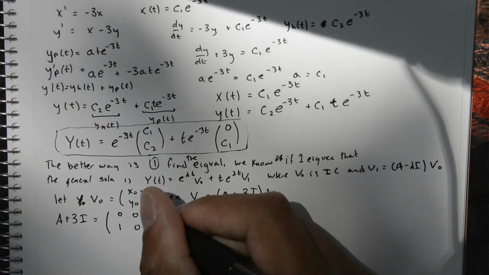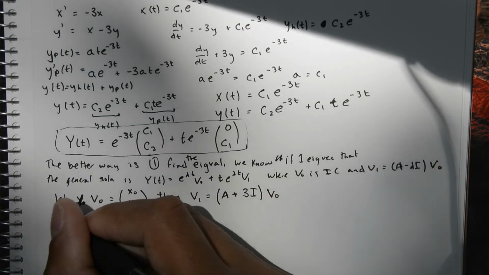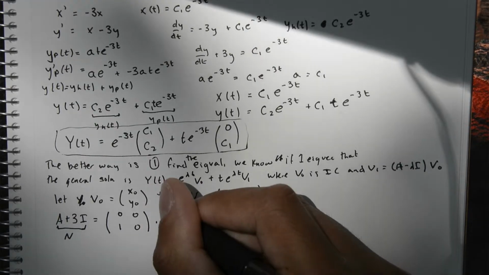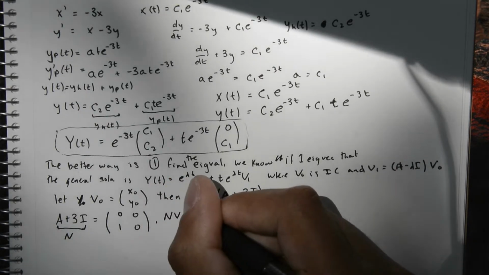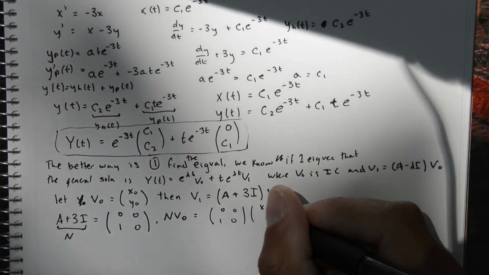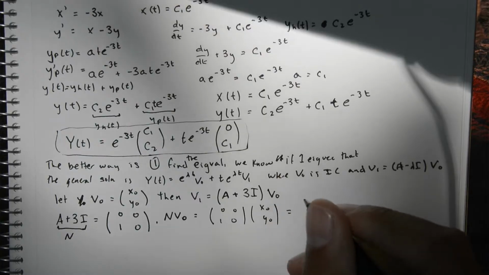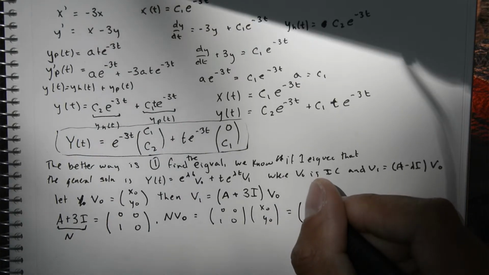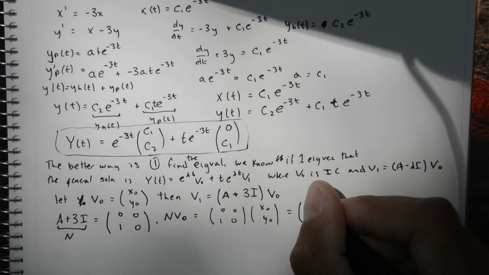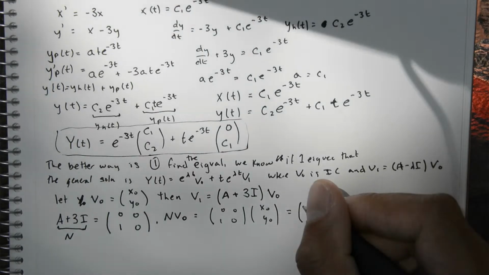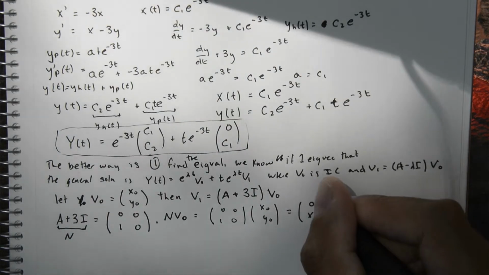So then we just need to multiply this by v0. Let's call this N. N times v0 is equal to 0, 0, 1, 0 times x0, y0, which is equal to, and this is just going to be